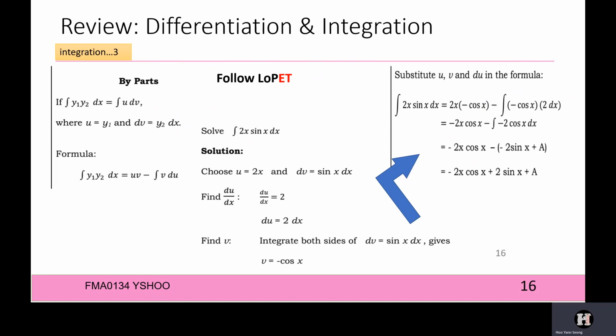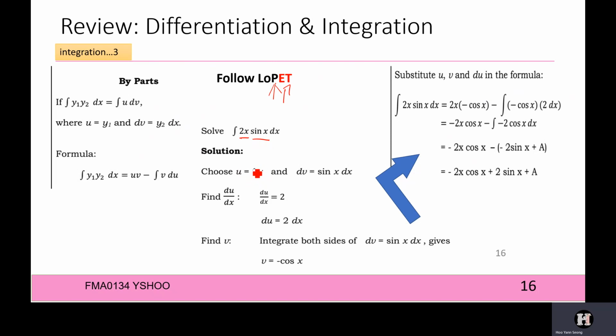So when are you going to use LOPET? First thing, if you see you have two different functions, 2x and sine x, they are not related to each other. They are a combination of polynomial and sine, where if you integrate or differentiate, x cannot give you sine. So when this happens, you follow the integration by parts. Who to choose? Since you are already provided with the formula LOPET, polynomial comes first, trigonometry comes last,